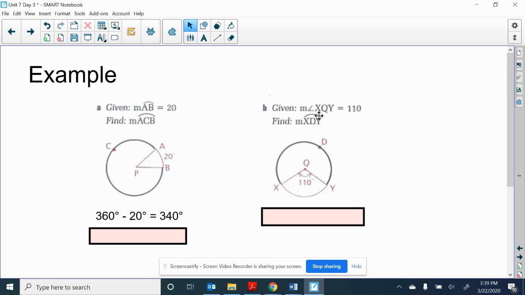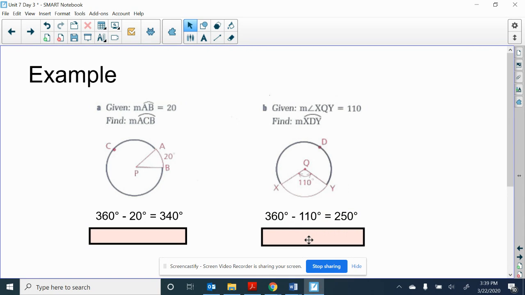Okay, how about the measure of angle XQY is 110. So what's the measure of arc XDY? Okay, they're giving us a central angle here. The central angle is 110, which means the arc is 110. That tells me that the major arc ADY or XDY has to be the rest of the circle, which would